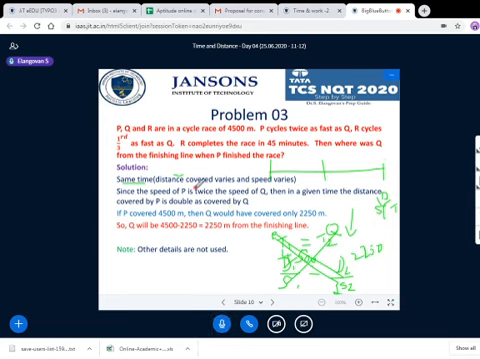So we'll go to some other method to solve this. So this is as simple, you can think, you can